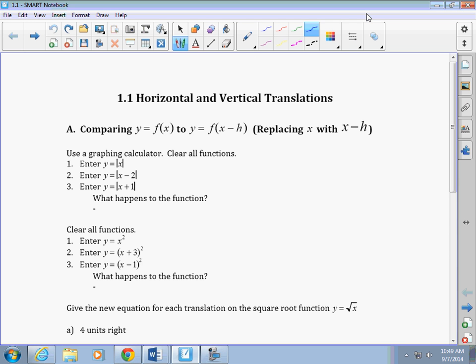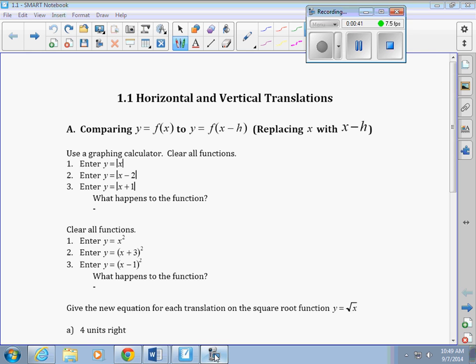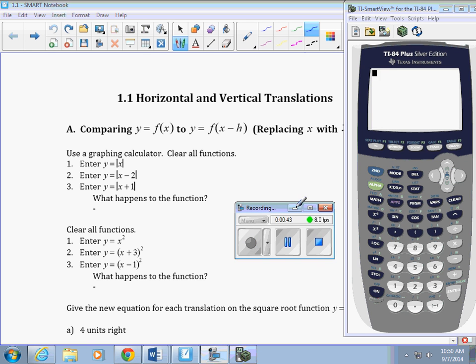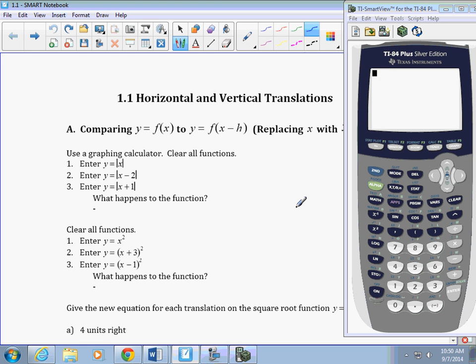You can do this with your graphing calculator just to try it out and then compare it to what I have, or you can just follow along with me here. I'm just going to pause for a sec so I can bring up my calculator. Okay, so the first thing we're looking at is the absolute value function, and if you use a graphing calculator,